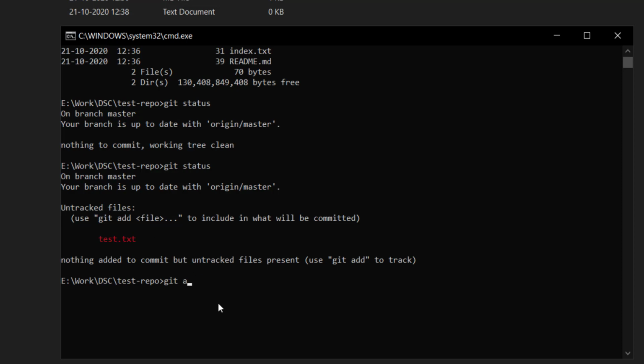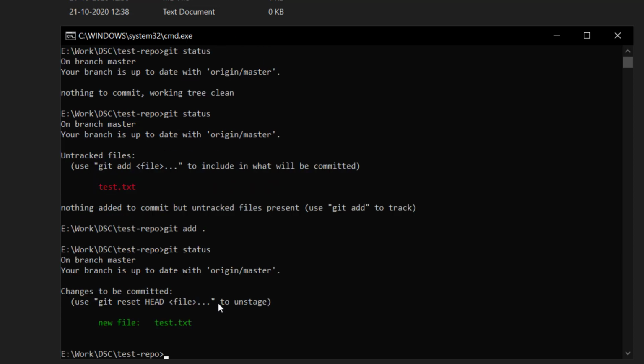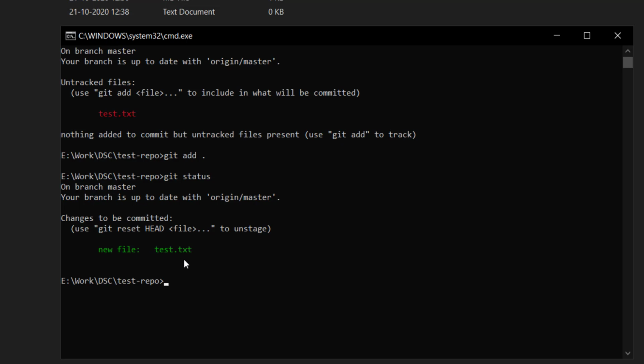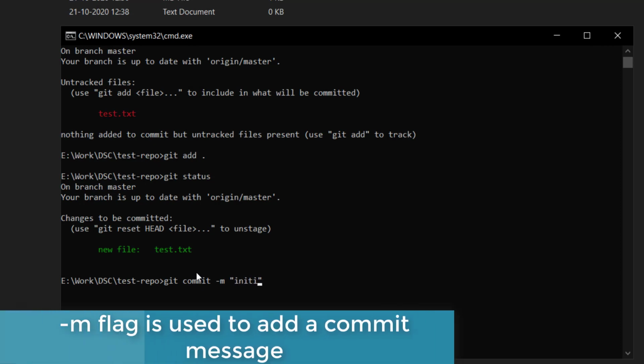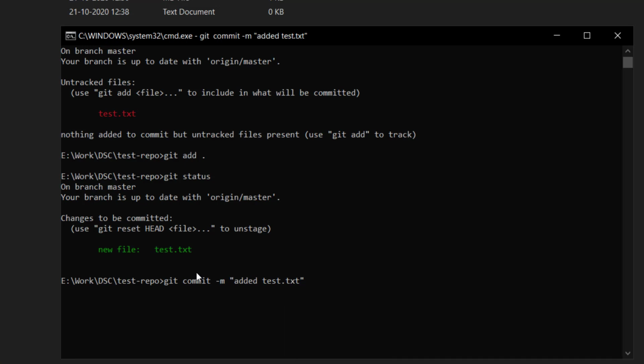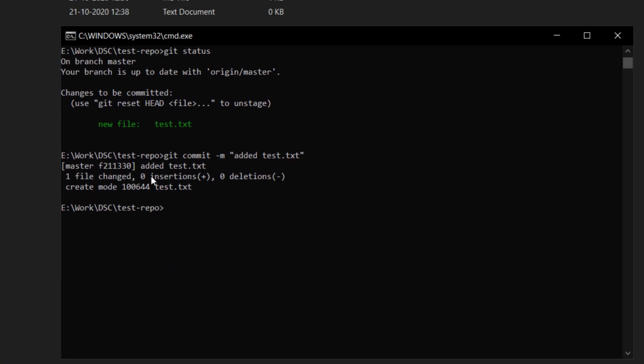For that, I can either type git add test.txt, or if there are multiple files, I can directly do git add space dot. Now if I again see the status, you can see this comes in green. That means this has been staged and this is ready to be committed. So let me type git commit and a message, say added test.txt. So you can see there is one file changed and this test.txt has been added,